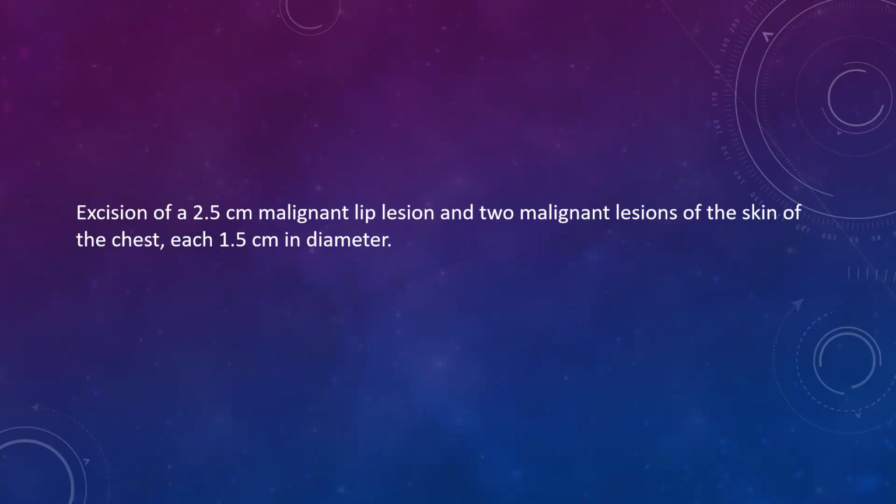Excision of a 2.5 centimeter malignant lip lesion and 2 malignant lesions of the skin of the chest, each 1.5 centimeters in diameter. So we have an excision of 3 separate lesions here. 2 of them are on the chest. 1 of them is on the lip. Whenever we are coding for lesions, we are going to start with the most resource intense lesion. That's going to be our primary